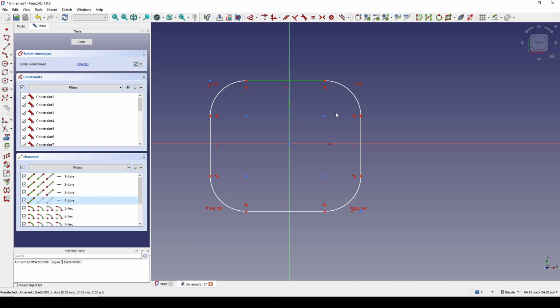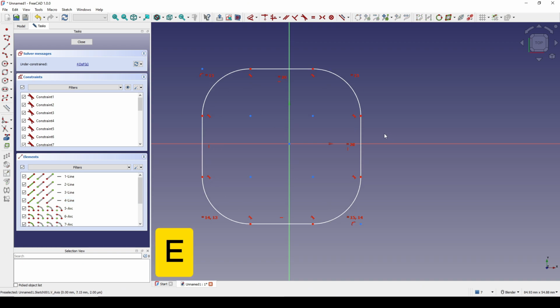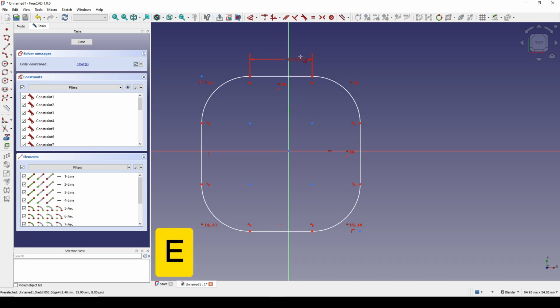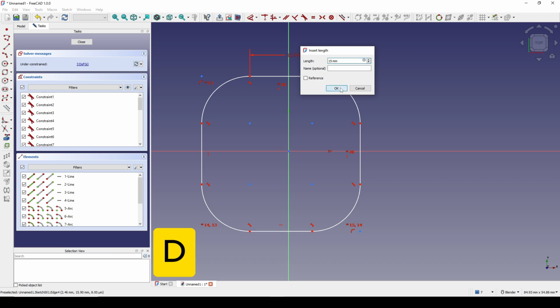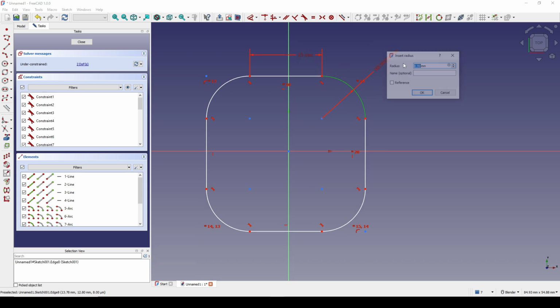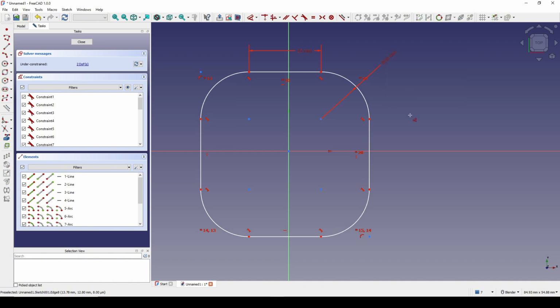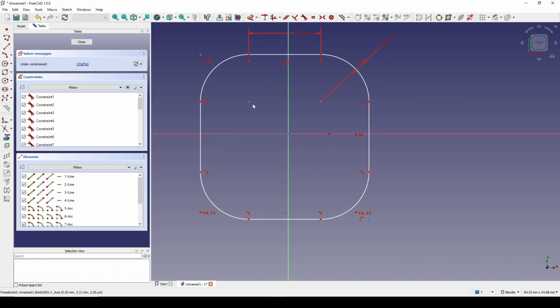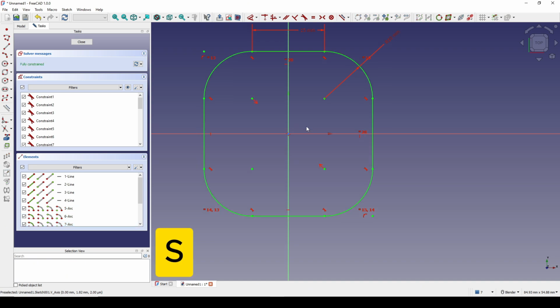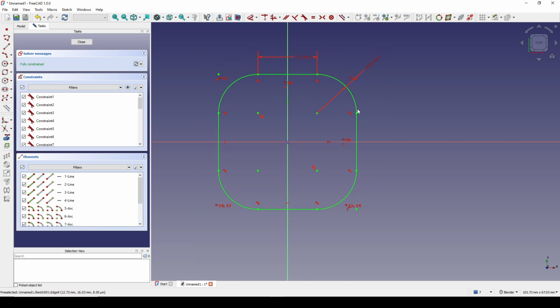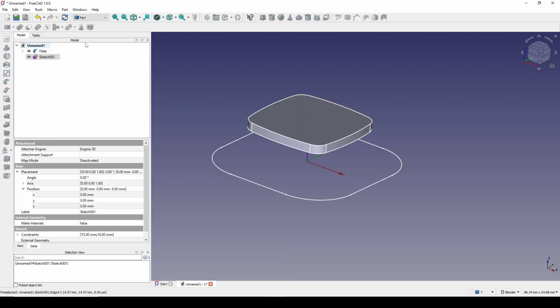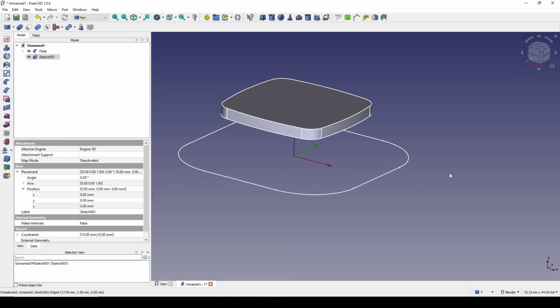Selecting this line and this line, hit E for equal. And set the distance of this line to 15. The radius to 10. Selecting this point and the center point, hit S for symmetry constraint. Now the sketch is fully constrained. I close. Okay,